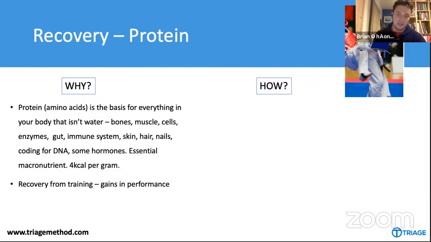So you need it because when you go in and train, you are using training to stimulate your body to adapt to the stress of training. You don't make gains in performance in the training session. It's when you create that stimulus, then you go home, you're eating properly, you're sleeping properly, and you're actually recovering. Your body responds to that stress to say, hey, that session was pretty hard. I don't want to go through that again. So I'm going to come back stronger, better recovered, so I can deal with that next time it comes up.